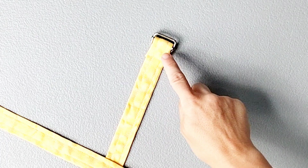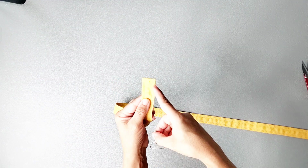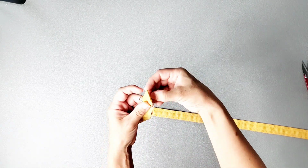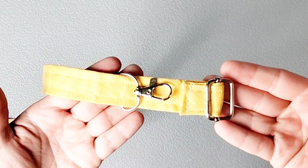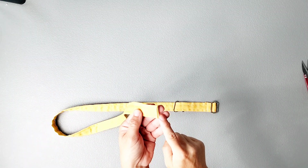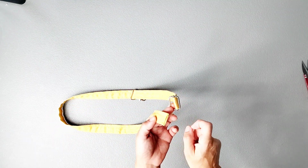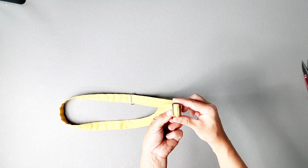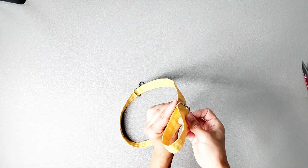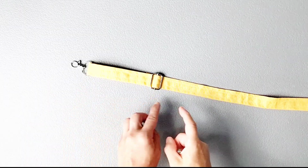Now that end of the strap is secured in place, grab your hook piece and lace the opposite end of your strap through that open end. And now your strap will look like this from the right side. Now we're going to take that other end of the strap once again and lace it through both of the bars of the slide, up through one bar and down through the other. So now that we've finished this end of the strap,